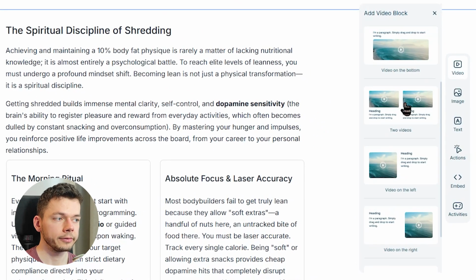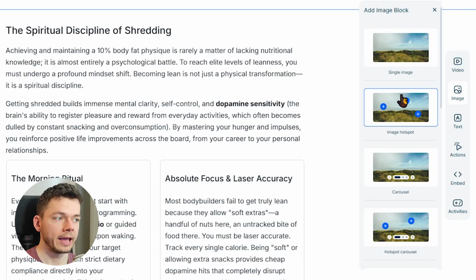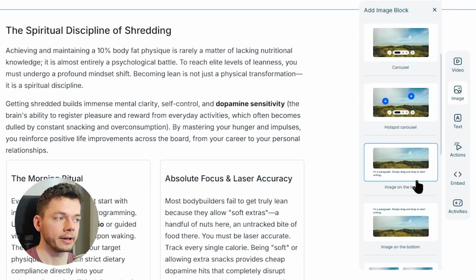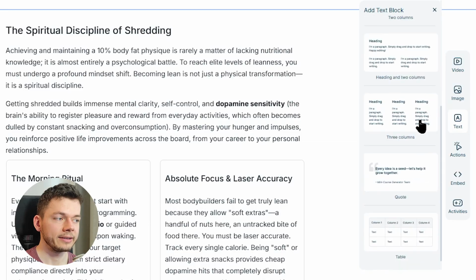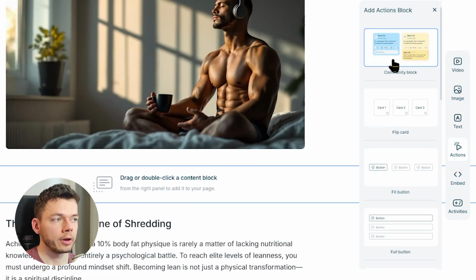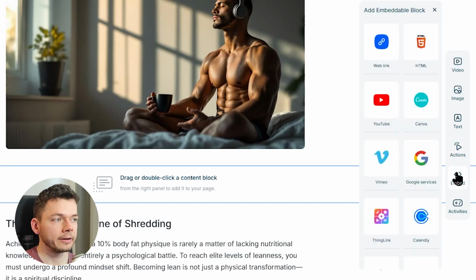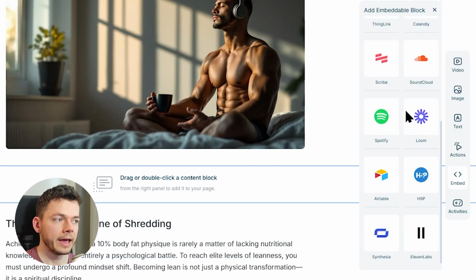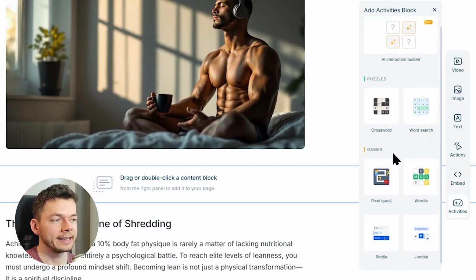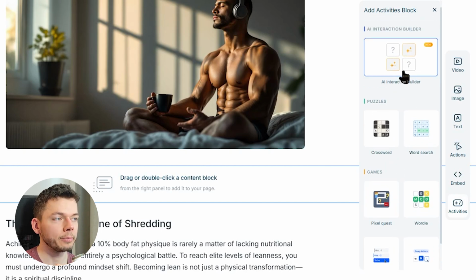We can add additional blocks, and we have a lot of different options. We can add videos here with different layouts. We can add images. We have special hotspot images and carousels. I will show them later. Different text sections, tables, quotes. We have these action blocks, and one of them is the community block, where we can add a fully blown community into our course. We will do that later. We can embed different external elements like YouTube videos, Spotify, and a bunch of others. We can even add little games customized for our course,